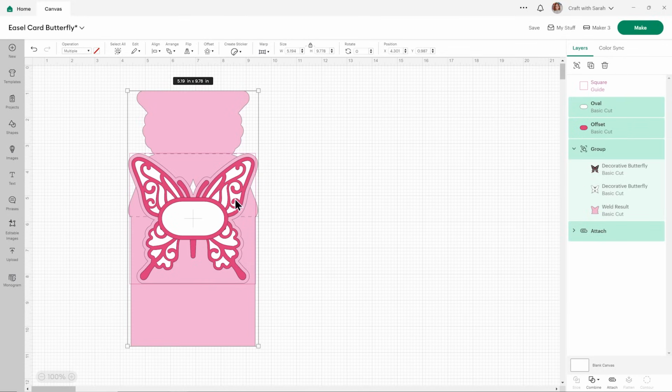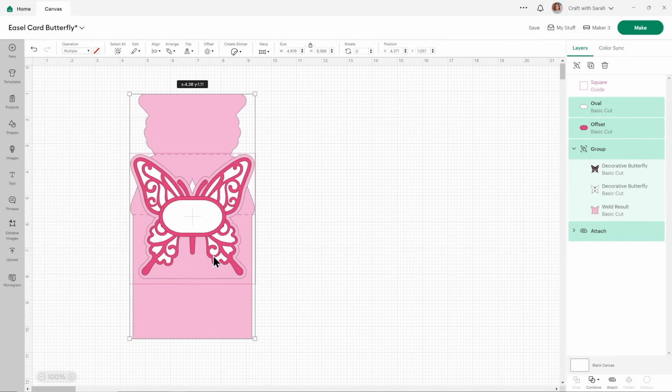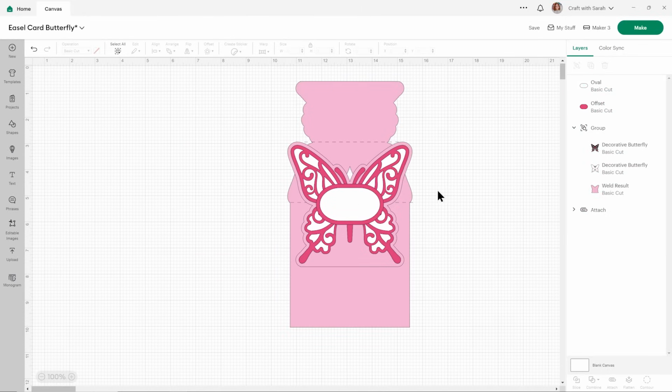I do have envelope templates, which I'll drop the link to in the description of this video. They're free, and that tutorial shows you how you can size them to fit any card. So what you can do is make this in Design Space, then bring in the envelopes and resize the envelopes to fit the card. So there, if I want my outsides to be fitting within the 5, I can make that exactly 5. My height will be a bit smaller, but now that'll go in a 5x5 envelope.